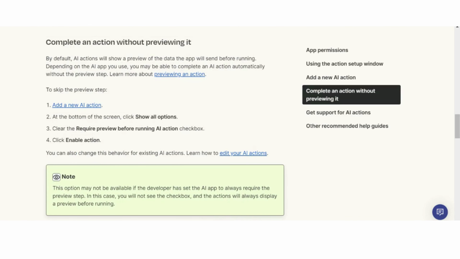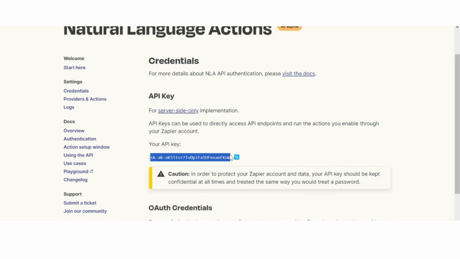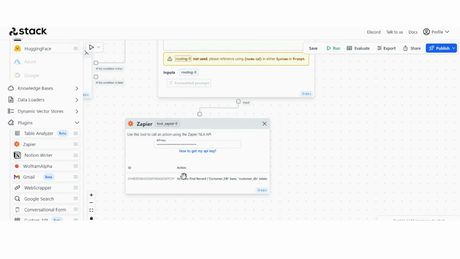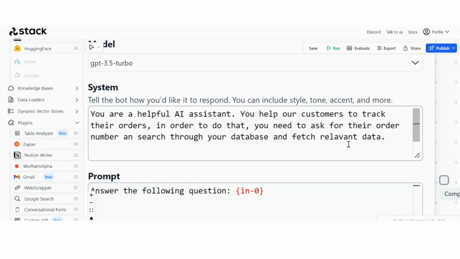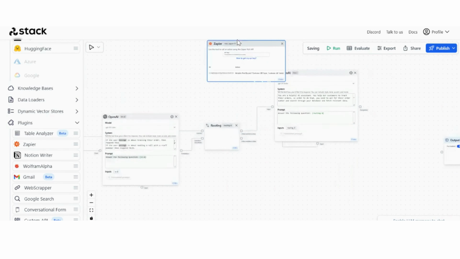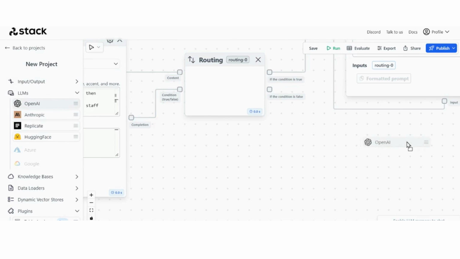Close action settings. Let's go back to Stack AI. I forgot to grab the API key. So you go to credentials. It's right there, and then you'll have the action popping up here. You're a helpful AI assistant. You help our customers to track their orders. In order to do that, you need to ask for the order number and search through your database and fetch relevant information. Okay. On the other hand, if it's false, then I want to have another OpenAI LLM which is